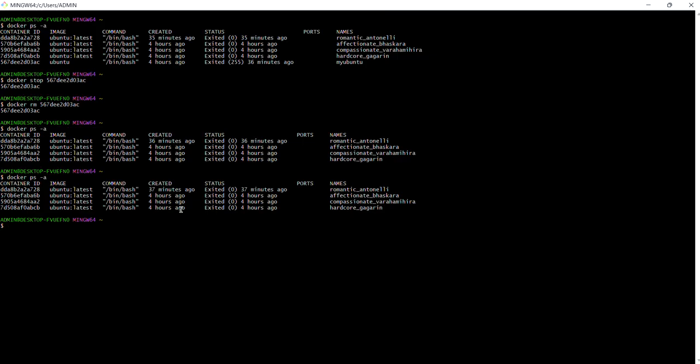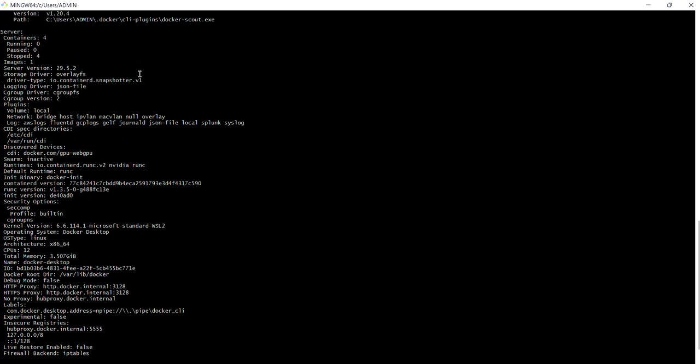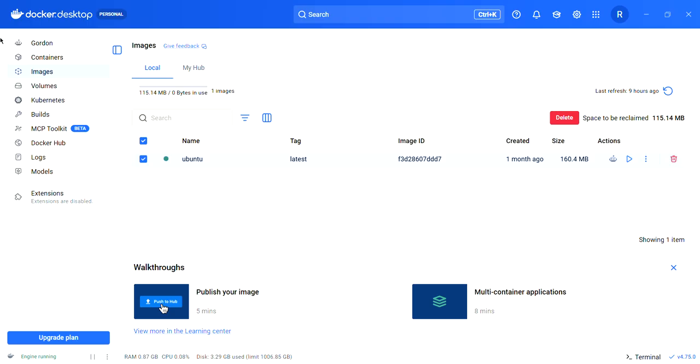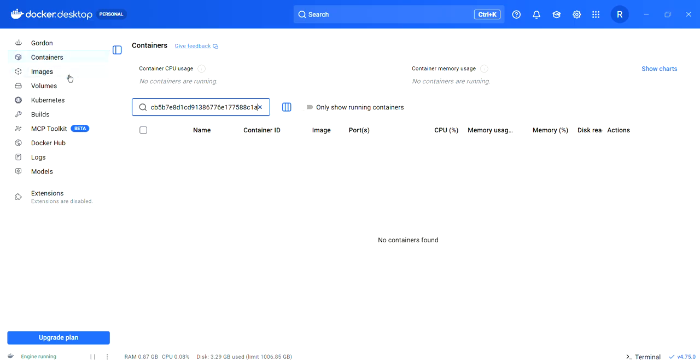Okay, so let's start from scratch. So let's see the Docker. I was talking about Docker, which version is there. My Docker version is this. All good. Fine, the version is good. Now we will go with docker info. I can see four containers are there and all four containers are in the stopped stage. All containers are in my stopped stage, guys.